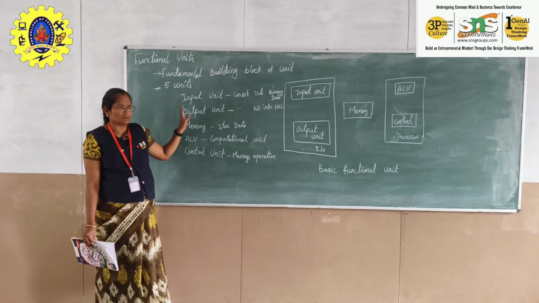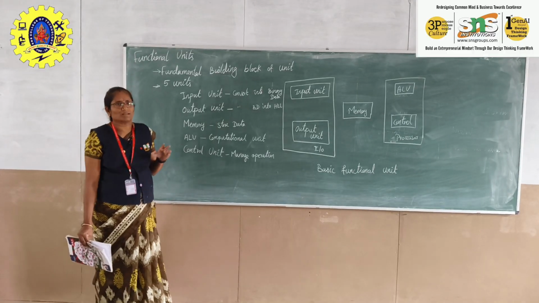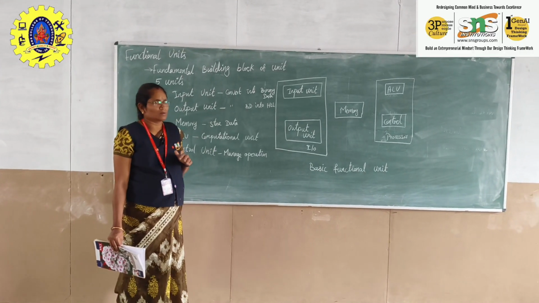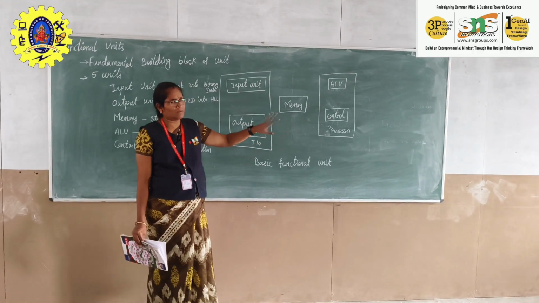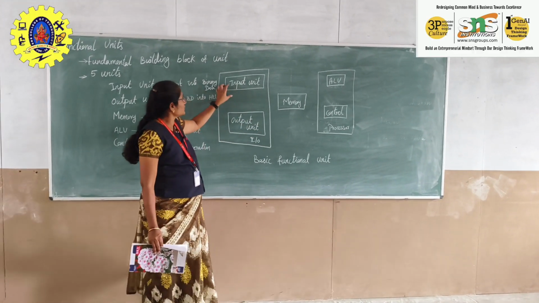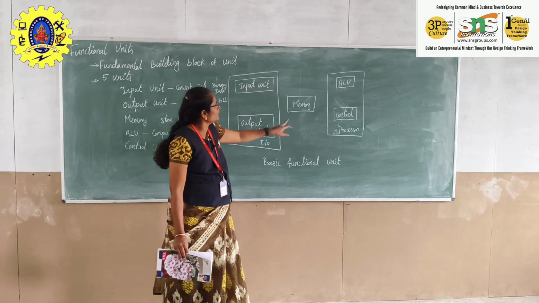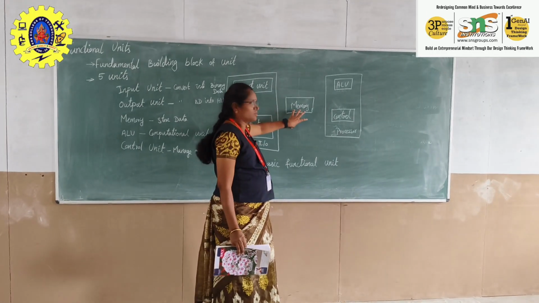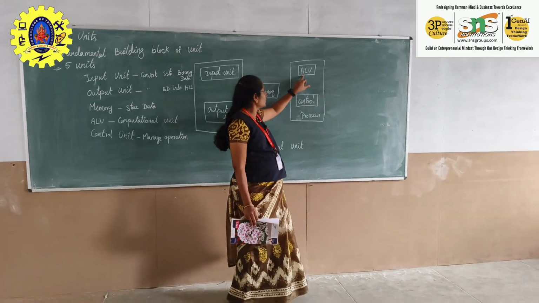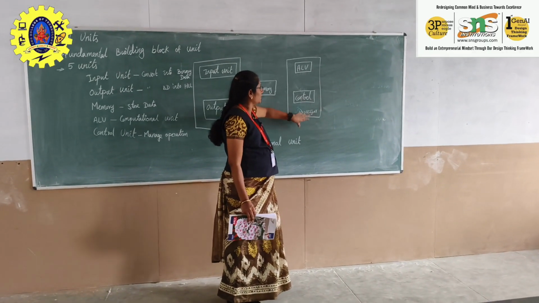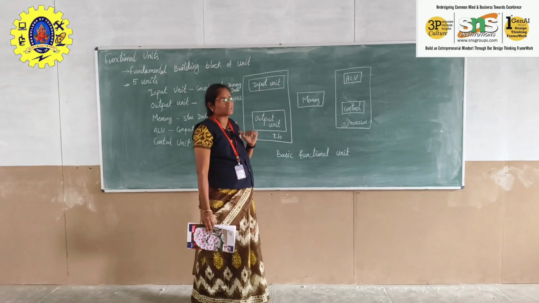While we are sending the output to the output unit, the control unit is responsible for printing that output onto the console. This is the basic functional block diagram of the functional unit. The input and output units come under the input output unit. The memory unit is placed between the processor and the IO. The arithmetic and logical unit and the control unit are kept in the processor to monitor and control all kinds of operations.